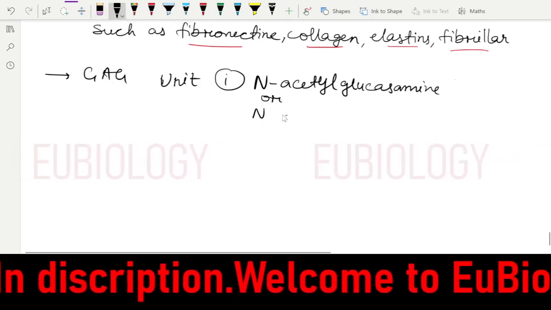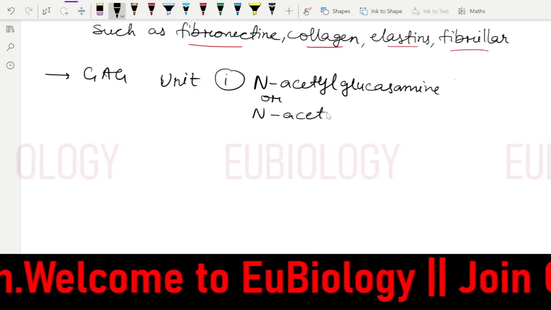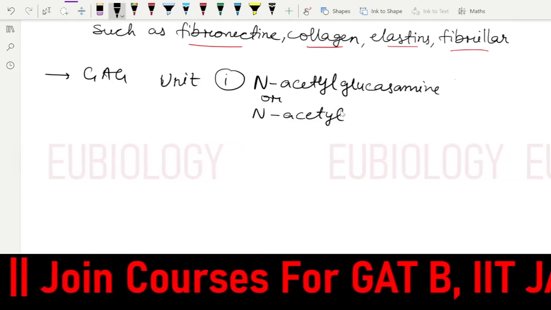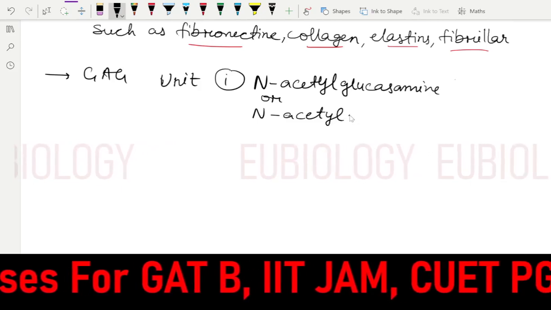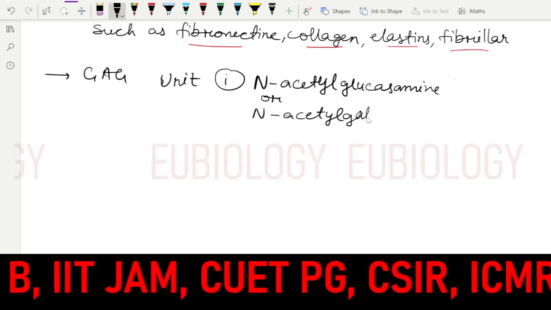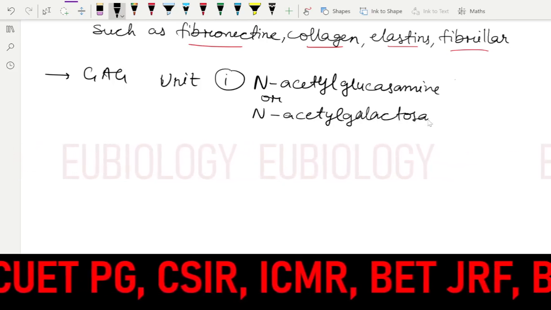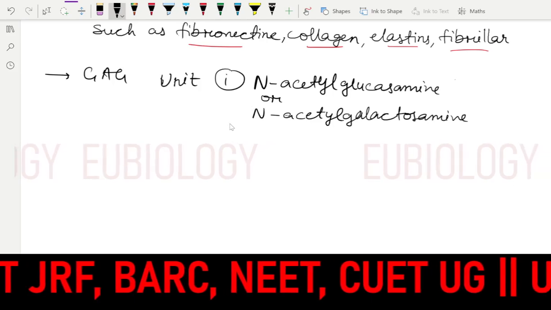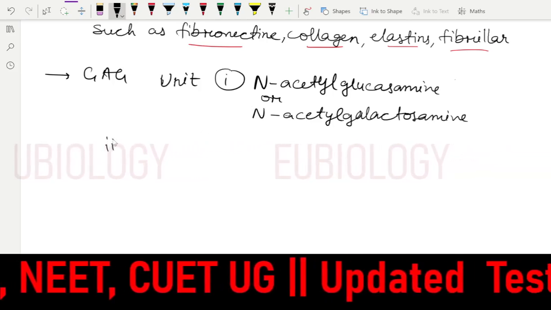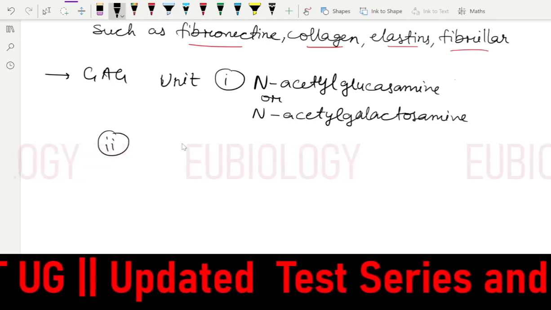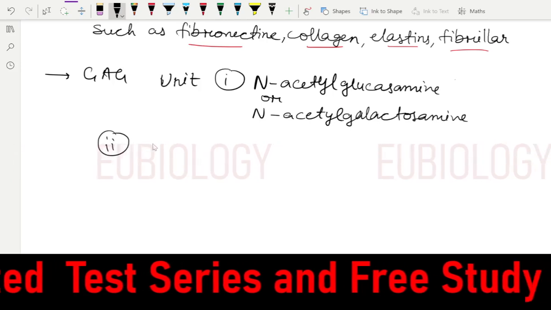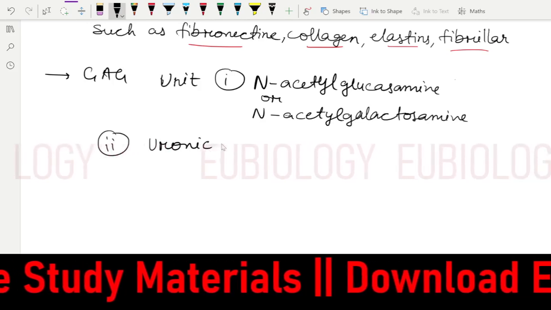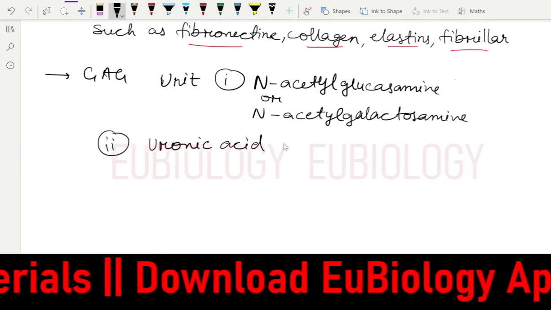For a better experience of this video, you can fast forward the classes whenever it is going a little slow. Whenever I'm writing, it will take time. So N-acetyl galactosamine, this is the GAG unit. This is the first unit, but where is the second unit and what is it? The second unit is a uronic acid only. Okay, it is a uronic acid,